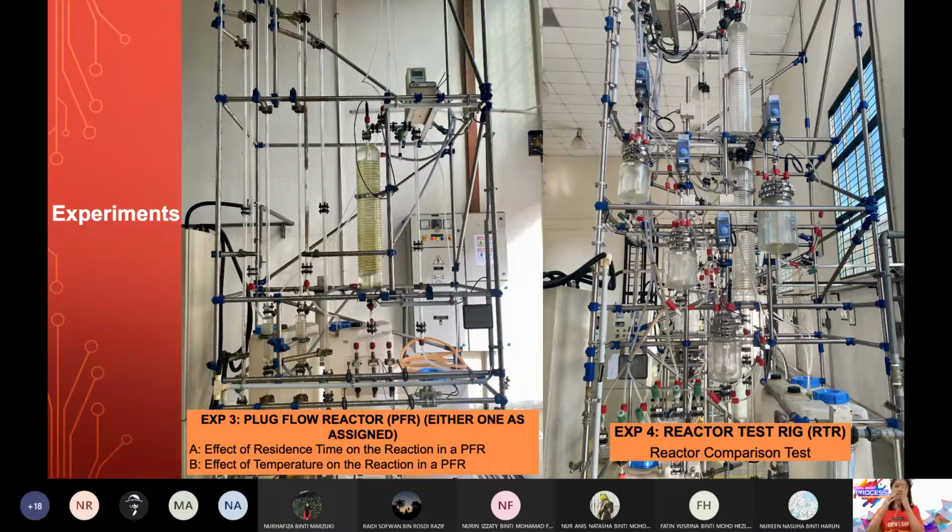Second way, rather than I separate and I recycle, I connect the first reactor to the second reactor. Means flow yang keluar daripada reaktor pertama, saya flow terus masuk pada reaktor yang kedua. Why? Supaya kita beri dia lebih banyak masa for the reaction to take place. Contohnya, kata lain, if first reactor hanya convert 50 mol, okay, harapan tambah reaktor kedua, yang lagi baki 50 mol tu akan bertukar menjadi produk. So you give them more chance by connecting to more reactors. So this configuration, we call it reactor in series.